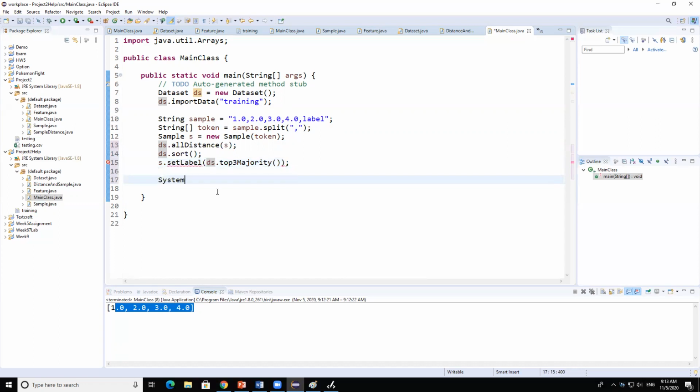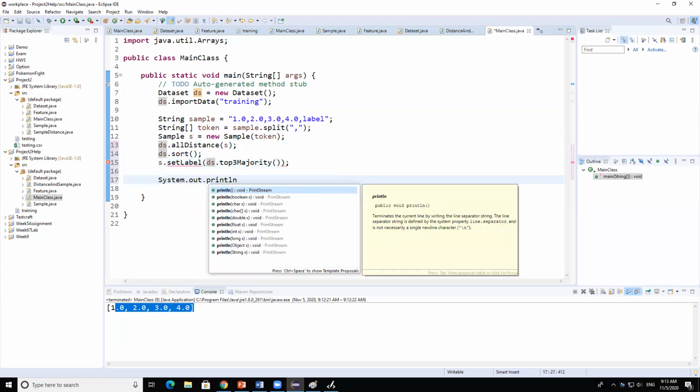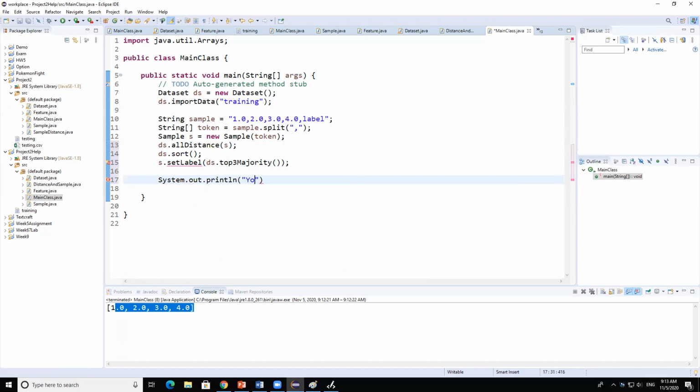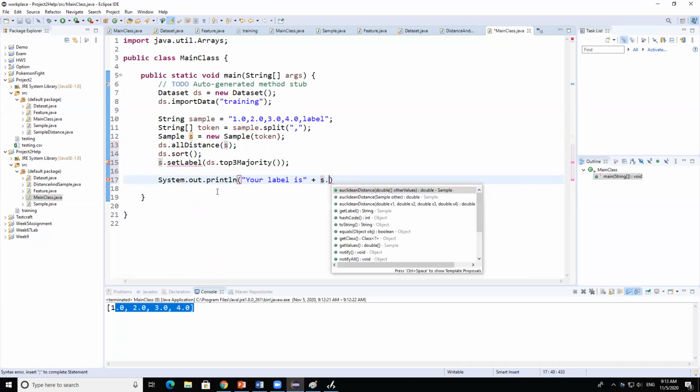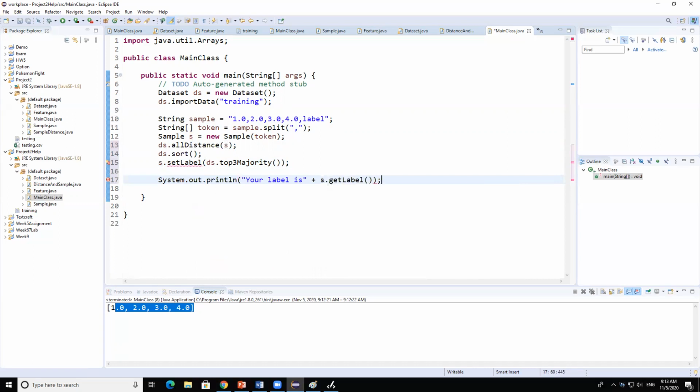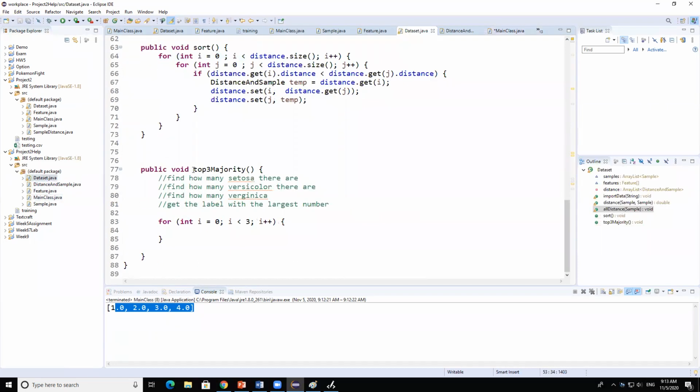So you do System.out.println, your label is... and then you realize, oh, there's something wrong. What's going on? Method setLabel(String) in the type Sample is not applicable for the argument void. What do you mean void? So you go back here, you realize, oh, that's a void. So I'm actually not getting any strings out of this,